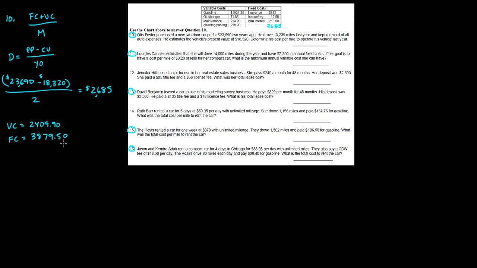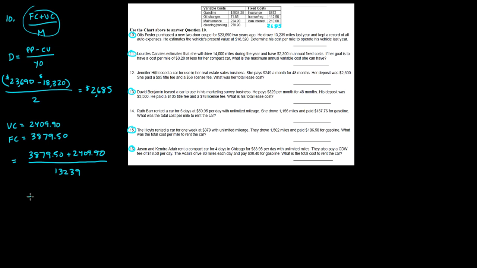3879.50. So I have to go back to this formula, and I'm going to add my variable costs and my fixed costs. So it's 3879.50 plus my 2409.90, and I'll divide that by the number of miles. The number of miles driven here is 13,239. So I'll add those two on top first,